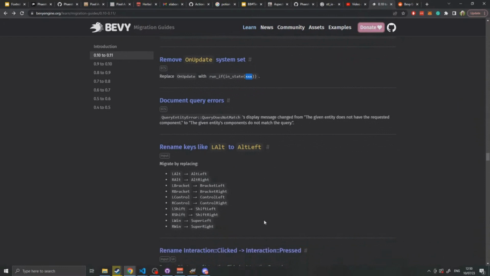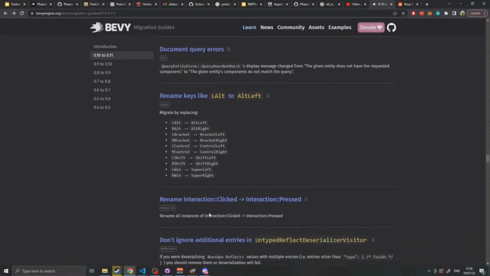Name keys like L alt to alt left. Thank you. Been wanting this for ages, but also I do like that it's L shift, you know, but shift left. First off, the shift key should not be distinguishable, like the left shift and the right shift. It should be shift left so that when you queue them up, alphabetically they're in the same place as opposed to all the left keys being next to each other. No, the shift key should be adjacent. Anyway,